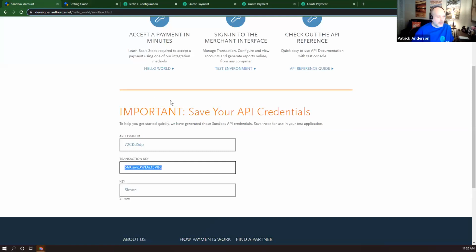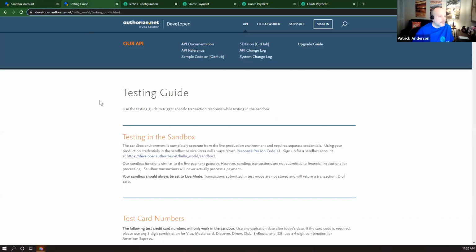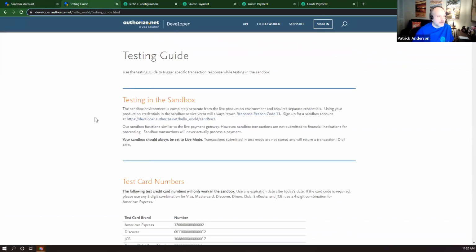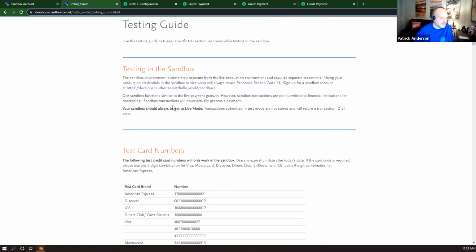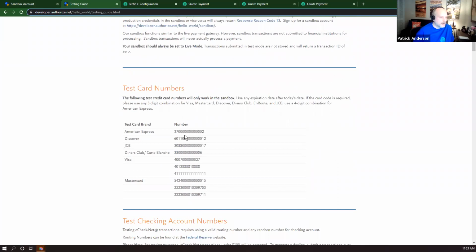Okay, so now I have my API credentials, and these are going to be important a little bit later. The next thing I want to show you is that for Authorize.net, and I'm sure the other providers have similar things, there's a guide for testing here. And this page I'm going to be referring back to later in the call, but you can see that we have different types of test card numbers here. So we have several card numbers for Visa, several MasterCards. We have an American Express card number, and these are the card numbers we need to use in the